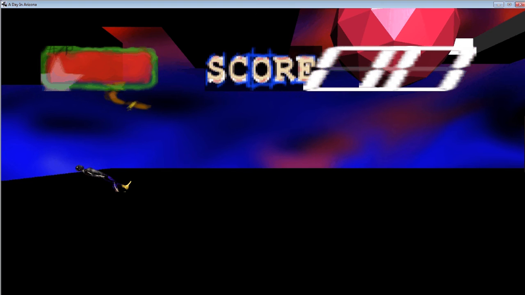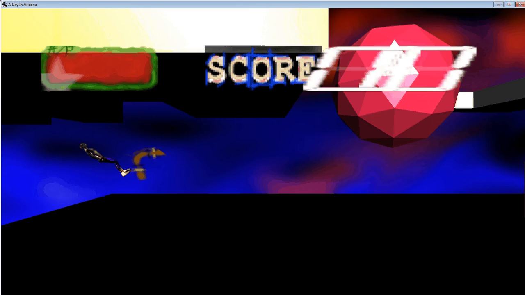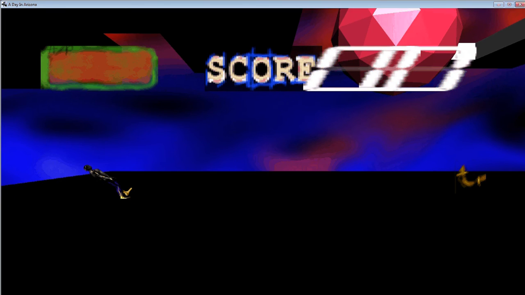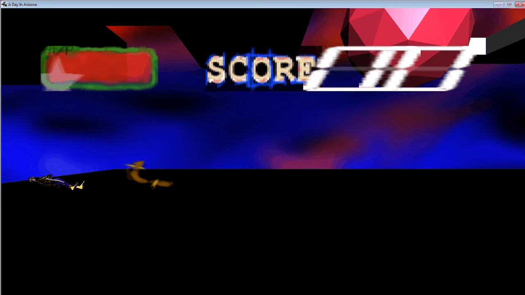So here's the first level, and the controls are WASD, and it's just like a side scroller. So you hit E to go right, you hit A to go left. U is for jump, and 9 throws the boomerang. And you can see the character's leaning off to the side,